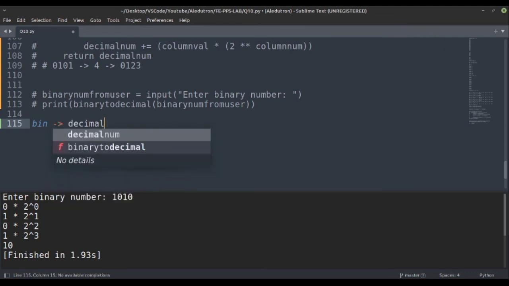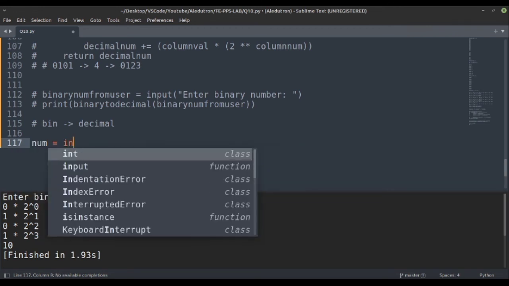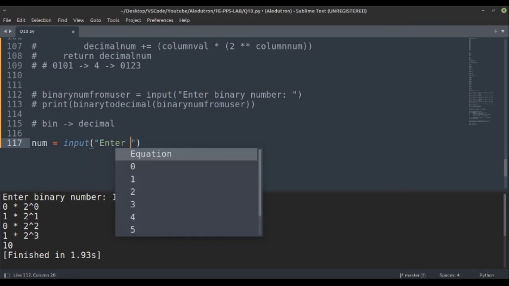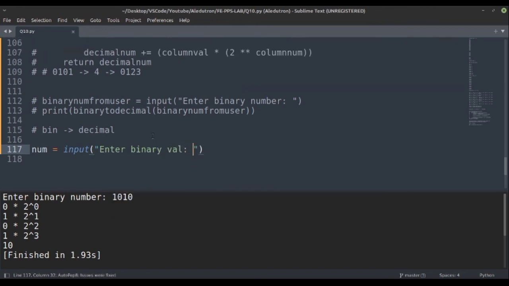So what we can do is take the input: num equal to input, then enter binary value. Basically we will take a binary value, and then we would print using the inbuilt function.